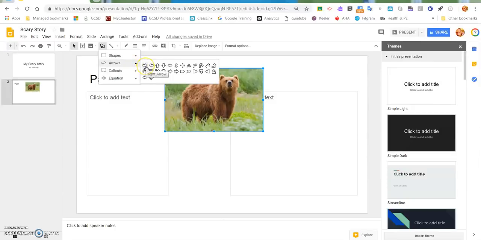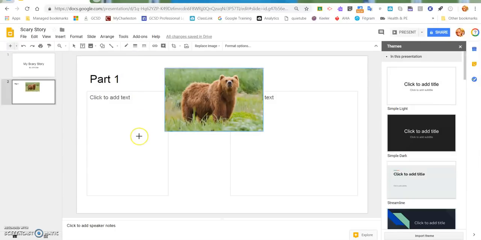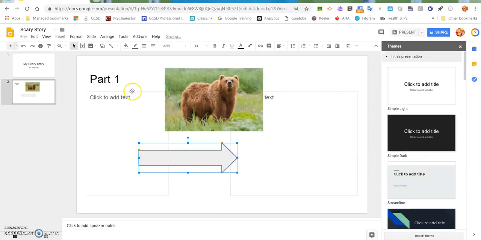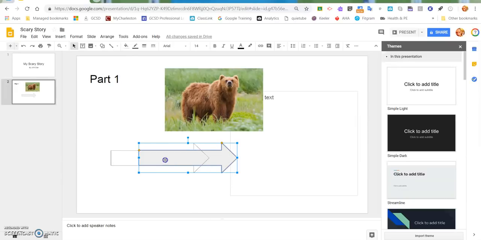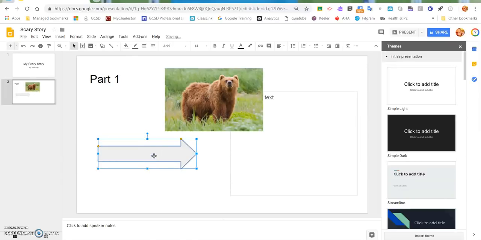Now here I'm going to put in an arrow that goes to the right, and I'm going to just click and drag. And I think what I want to do is just get rid of this toolbar or this tool text box by just clicking on it and deleting it. Now what's really neat about using the insert shape is I can actually type inside